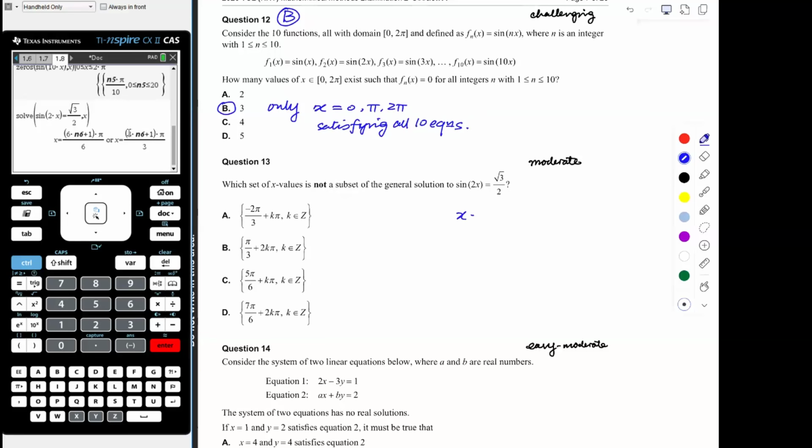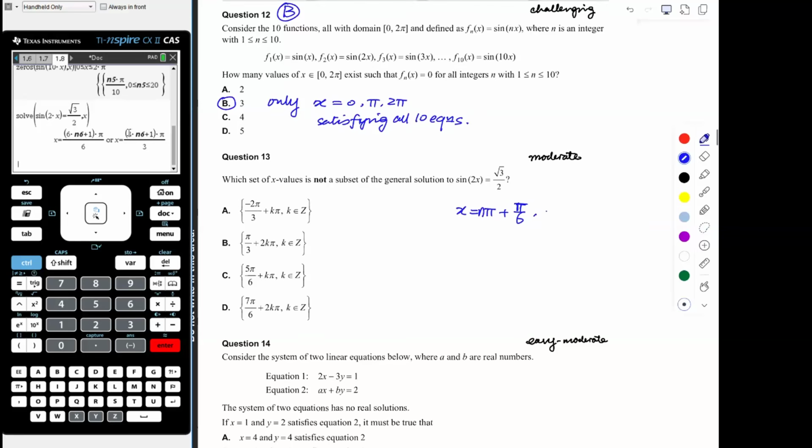We say x equals n pi plus pi over 6. So you have to involve a base angle pi over 6, or actually I'll write this one as m pi plus pi over 6. Or you could have n pi plus pi over 3, that's m pi plus pi over 3, okay? So anything equivalent to either one of these, or can be described as part of each expression,